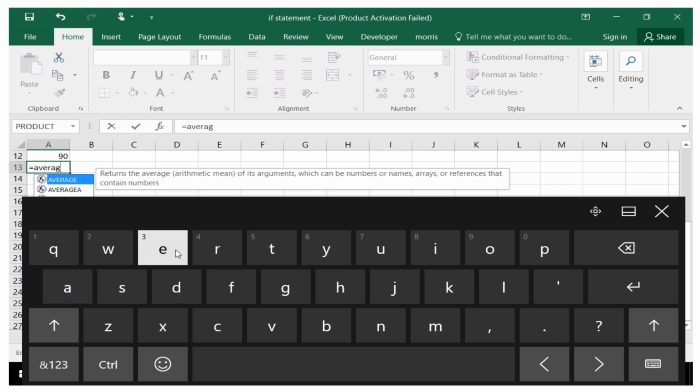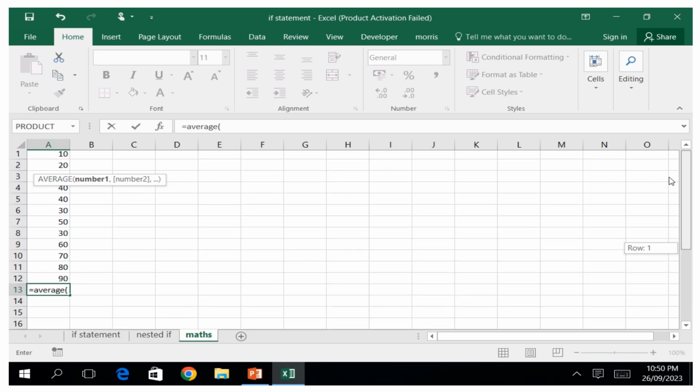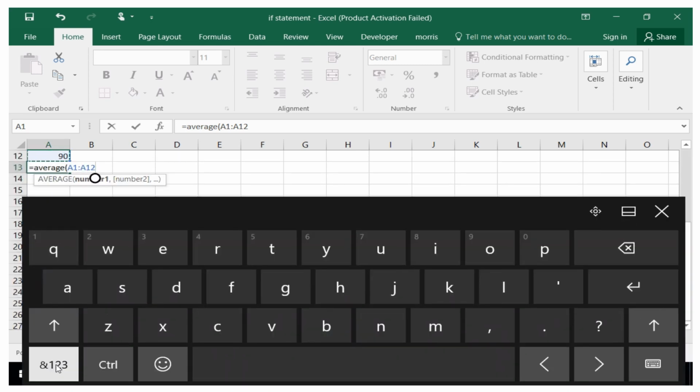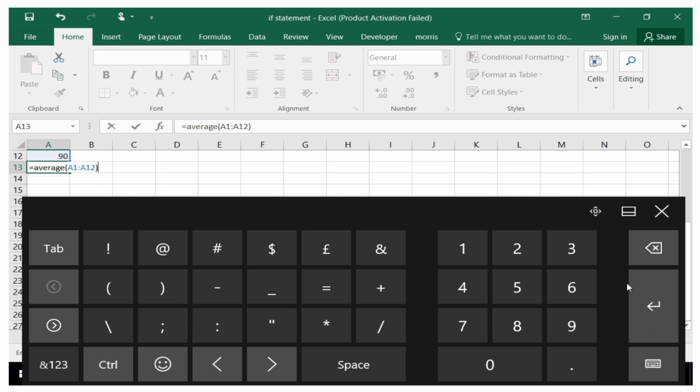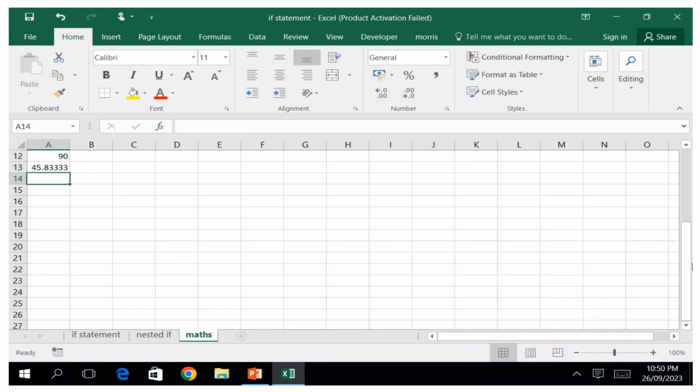We have the average there, and then we open it with a parenthesis, and then the next thing is for us now to get the range of the data that we need to get the average for. So we can select from there downwards up to there, and then we can just close it with the bracket, and then click enter. So this becomes the average of our result. So the average result here is maybe 45.83333,